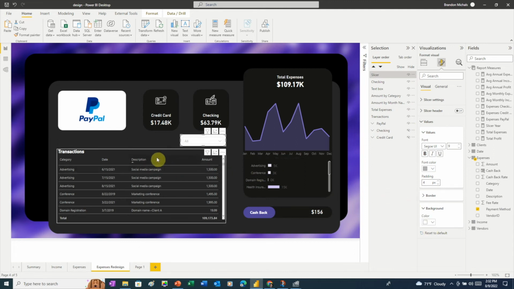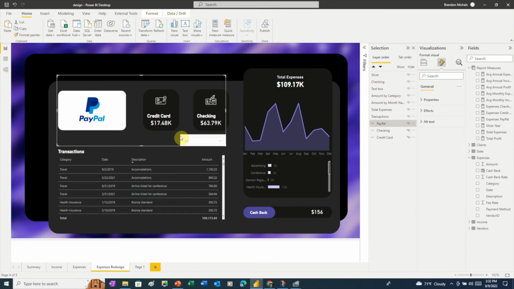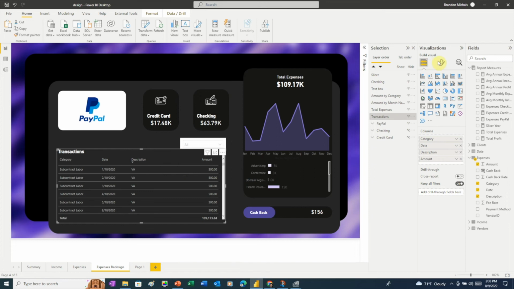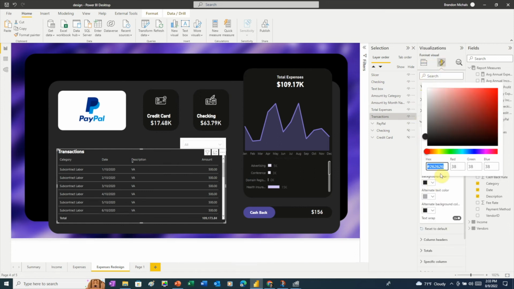I'm going to try a shortcut again here. I'll click on the table, then I'll click Format Painter, and now I'll click on the slicer. Well, that didn't work, so I'll have to change the formatting manually. I'll go to the Format tool, expand values, and in the background color dropdown, I'll choose More Colors, and I'll